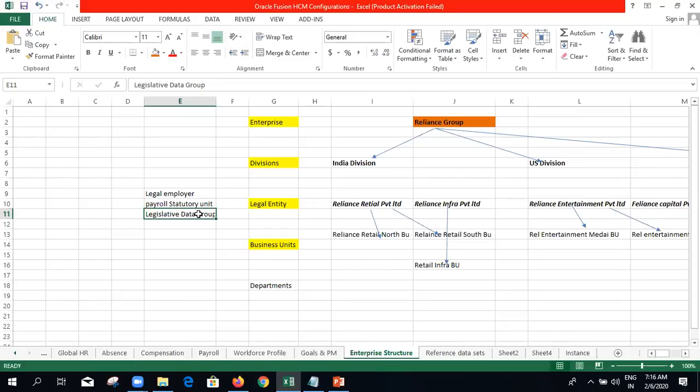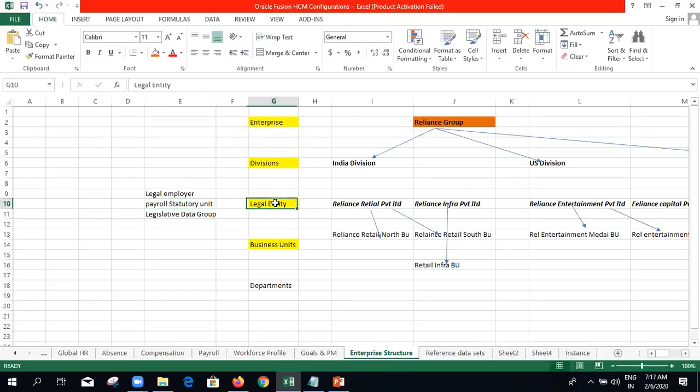If you want to create a custom LDG, then you can create one. But usually we will go with the seeded legislative data groups given by Oracle. If you want custom, you can go with that, right? So this is the concept of LDG, the localized payroll partition, right? And PSU, as I told you, the company which can process salaries to the employee.